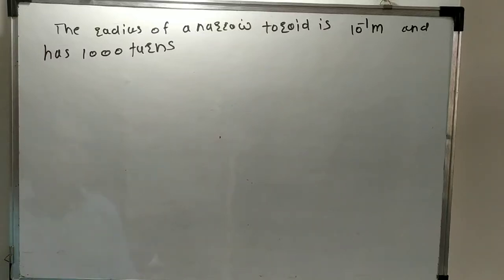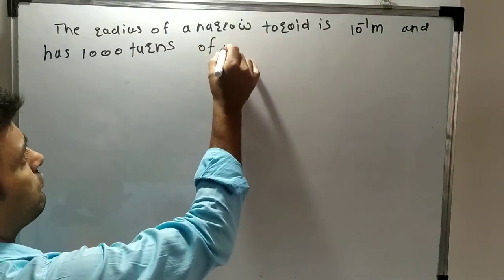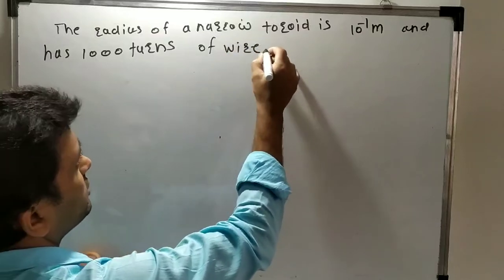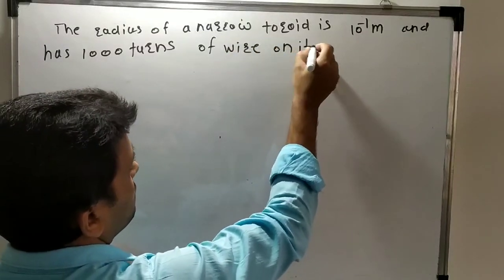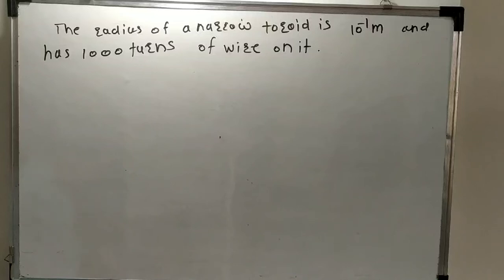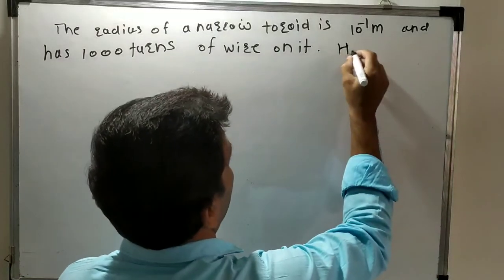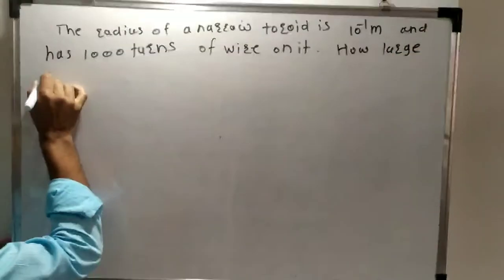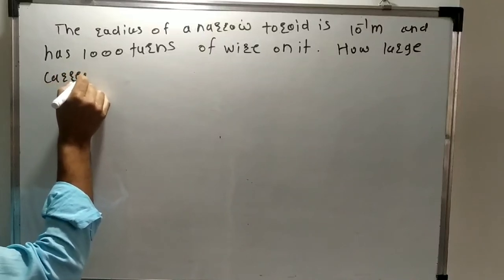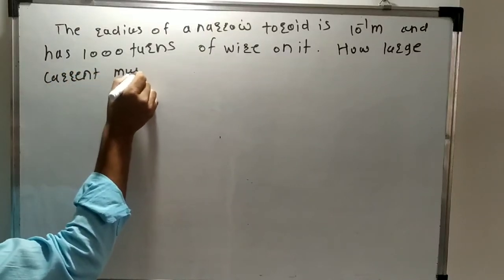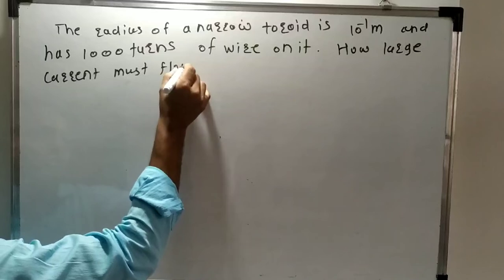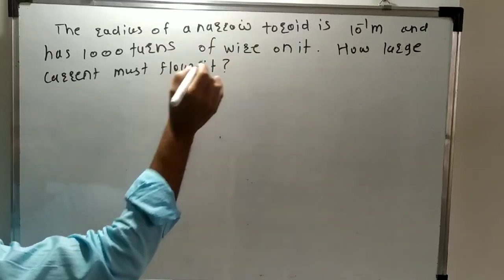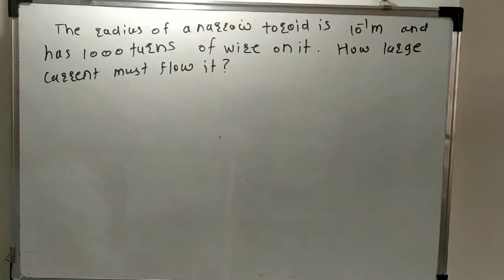How large a current must flow in it? What is the magnitude of the maximum current flowing through it if the magnetic induction inside is